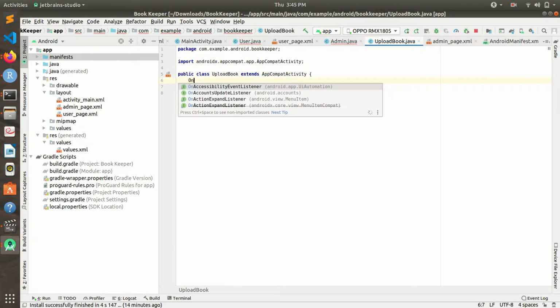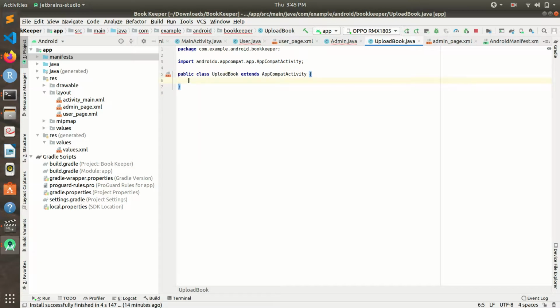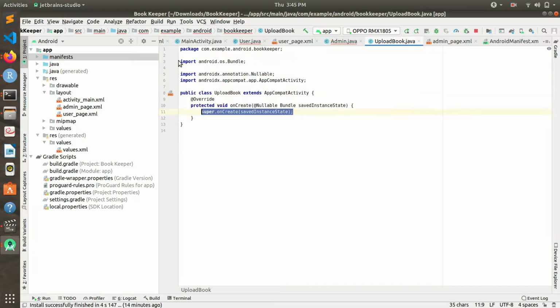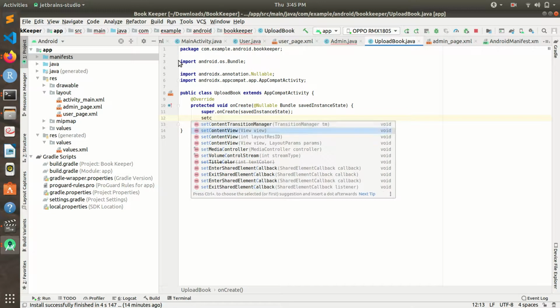So on create, when this activity is created we will set the content view.